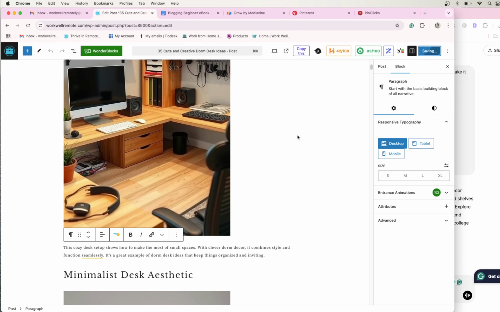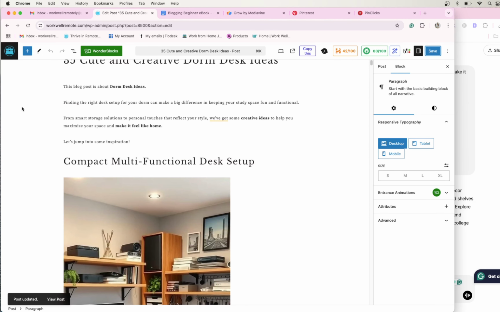So that is basically my step-by-step of writing a blog post using AI, then posting that on Pinterest, and my keyword research. So that is everything I have for